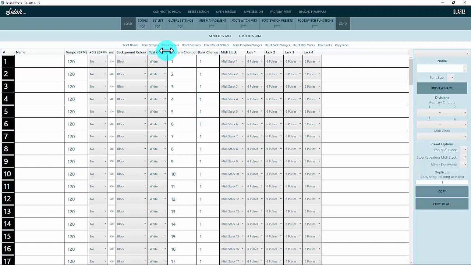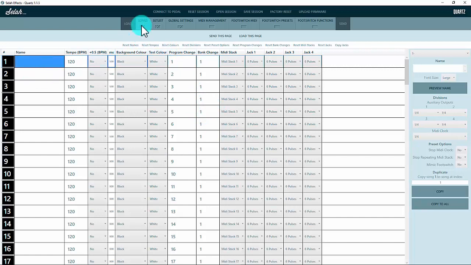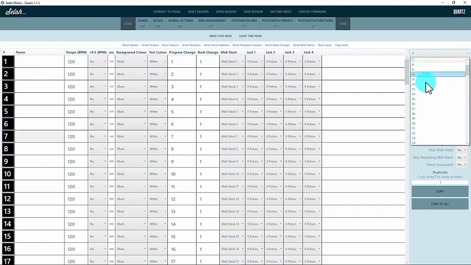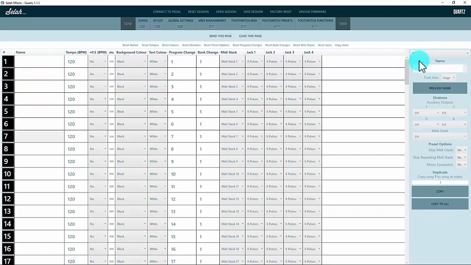So to name a song, you go to the songs page, which is the default. You select a song from here or you select a song from here. Notice if I select this, that will be slightly grayed. And you start typing over here. You can't type in this box, so you type over here. So here